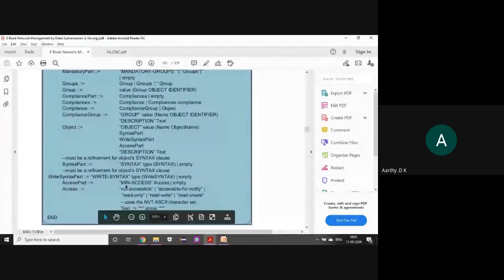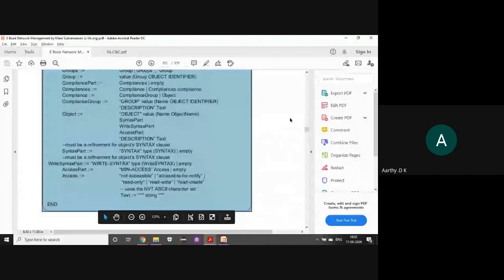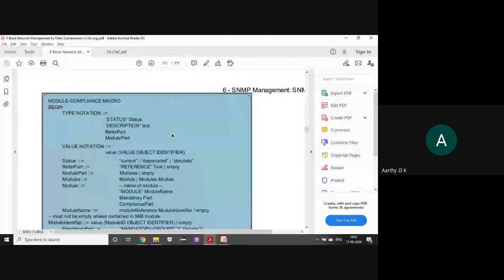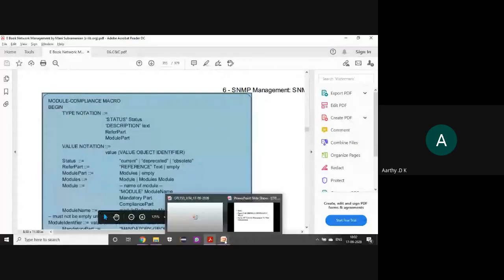The different accesses we have are not accessible, accessible for notify, read only, read write, and read create. So this is your module compliance macro. We'll go back to the presentation.